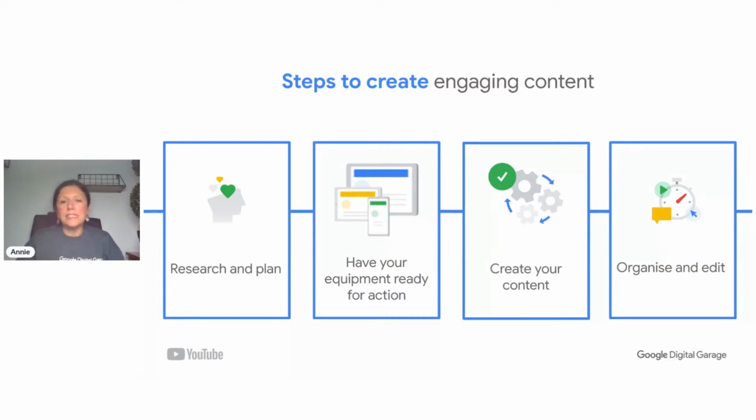Have your equipment ready. It's actually easier than you may think to get started. We might have this very big production idea in our heads down the line, which is great. That's fantastic to have that goal and aspiration to be a full cinematic producer. But to start with, just using something simple like our phone is more than enough. It gets us started. It gets us to do some trial and error. And also it gets us to test whether this is something we have a passion for, an interest in.